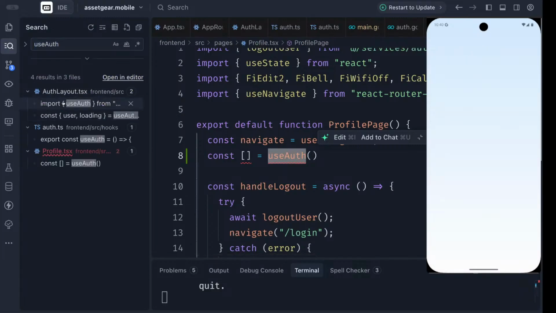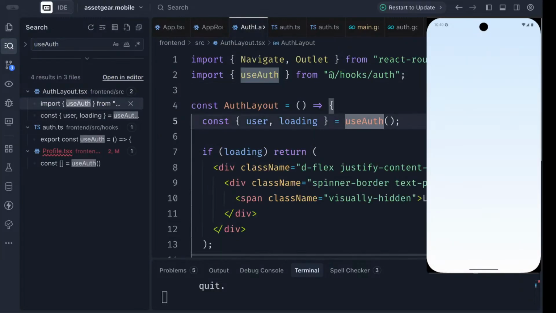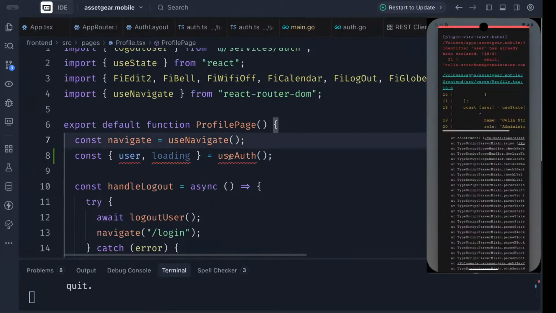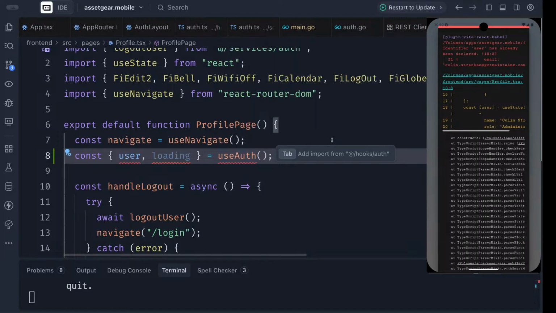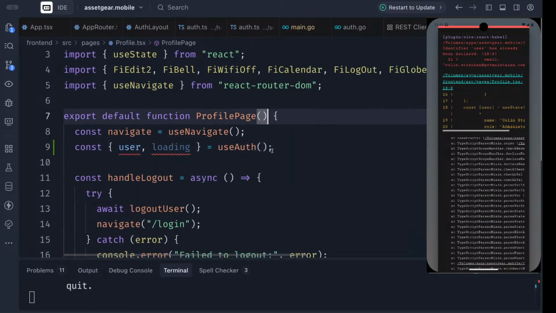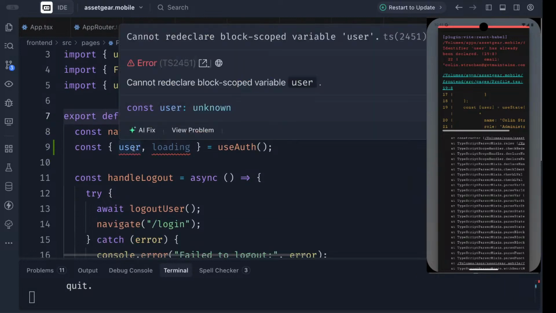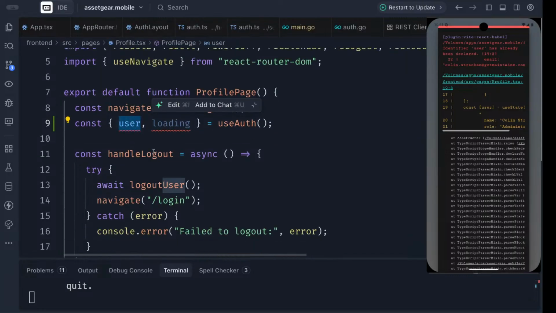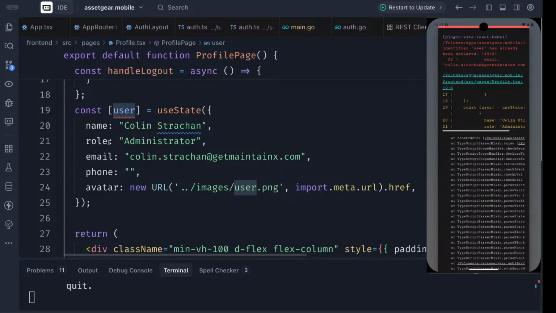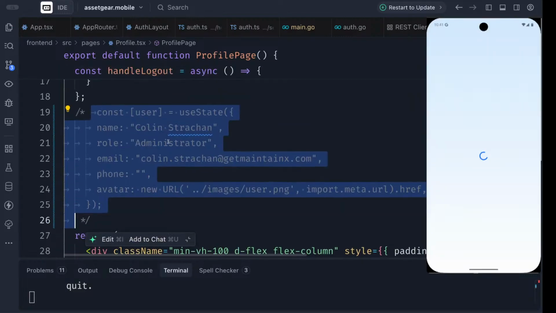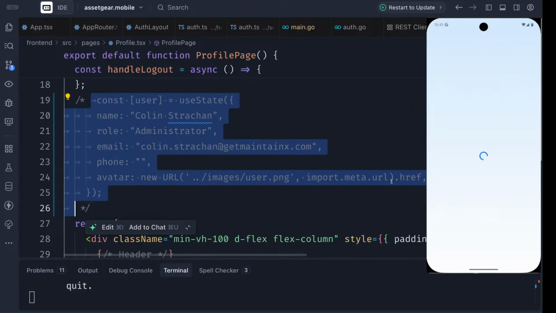Let me go and see the implementation. Of course we have to import this, then we need to make use of the user. You can already declare it. Okay, so you made use of user already in your coding to get all this information. For now we're going to remove them, but of course some things are going to be missing,